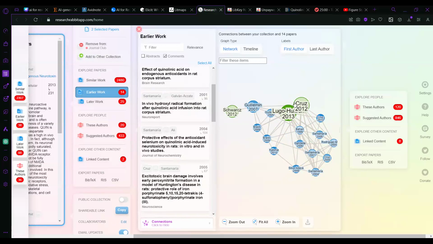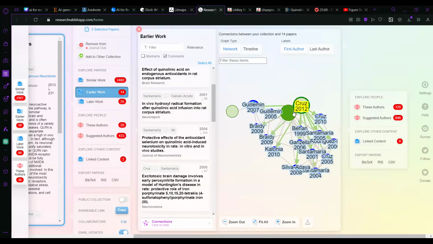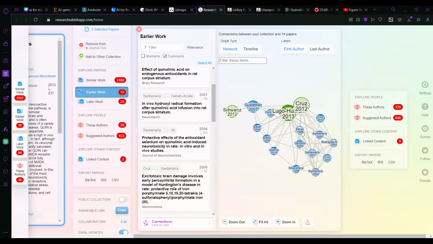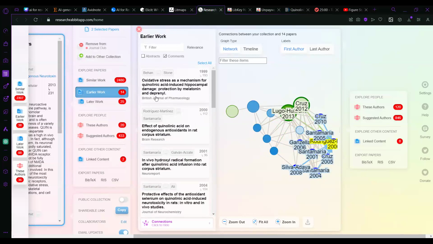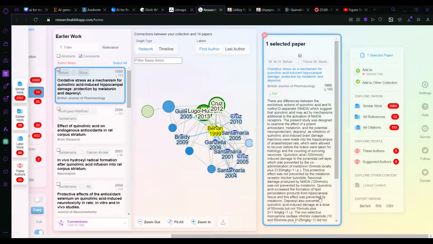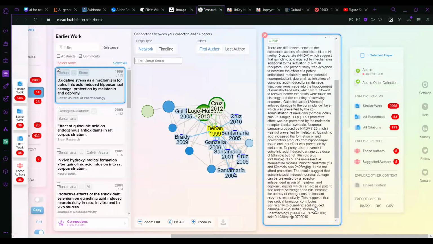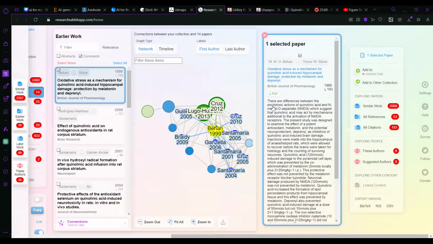And yeah, like I said, this and Litmaps are very much similar, but I think this is an easier way to keep track of everything, to use Research Rabbit. And then there's also just a lot of stuff that you can do with this.